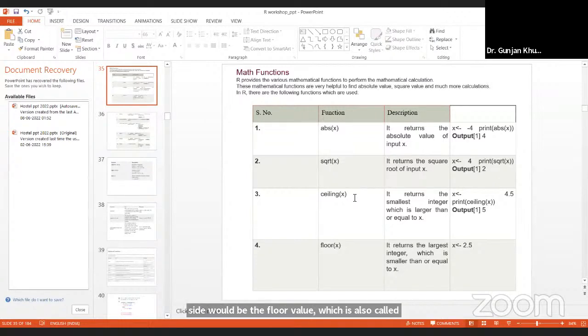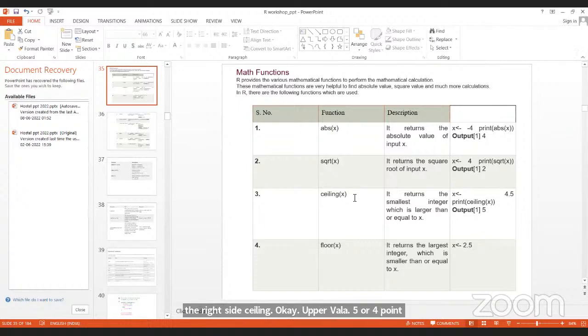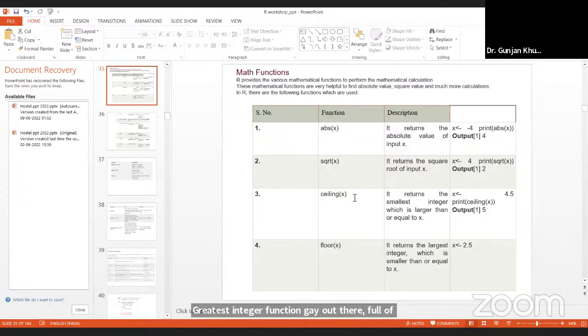If I have 4.8, the ceiling would be 5, and the greatest integer function of 4.8 is 4. आर में इनबिल्ट फ्लोर फंक्शन और सीलिंग फंक्शन हैं. तो जस्ट आप ऑपरेशन करो, सीलिंग small letters में, CEILING, ब्रैकेट में लिखो